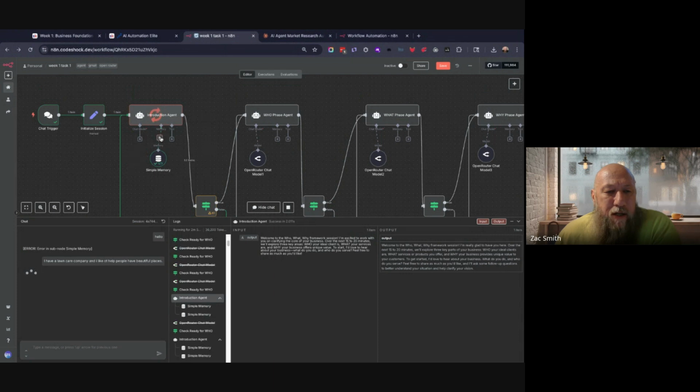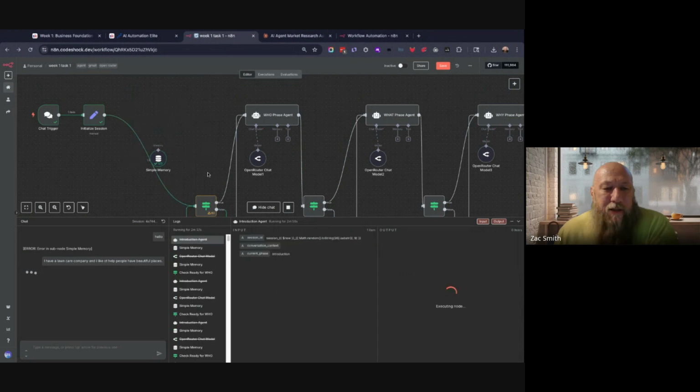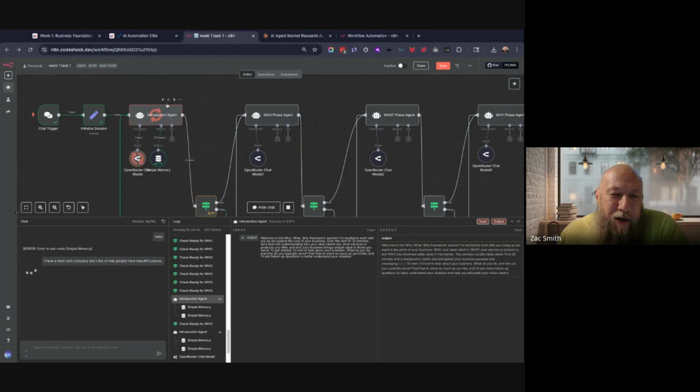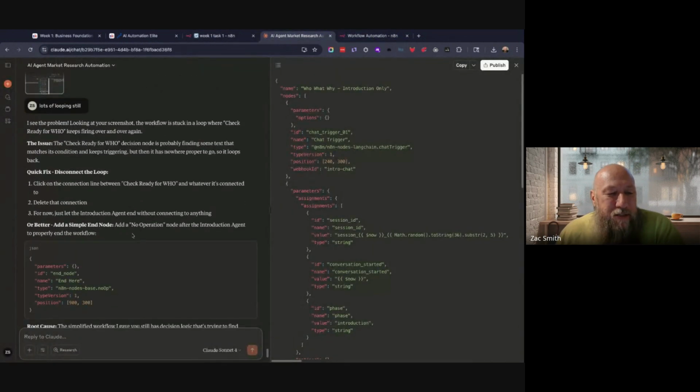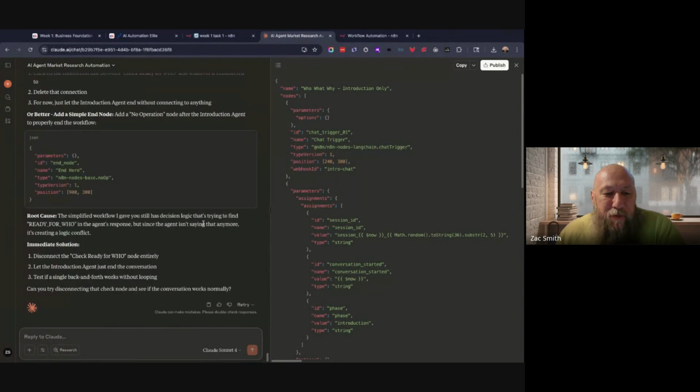Let's just deactivate or delete that first. Well, that's interesting. I've never had that happen. All right, well, we'll deactivate. We put it back and it went right back into the loop. That's kind of funny. Okay, so the root cause is simplified, gave you, has the decision logging trying to figure